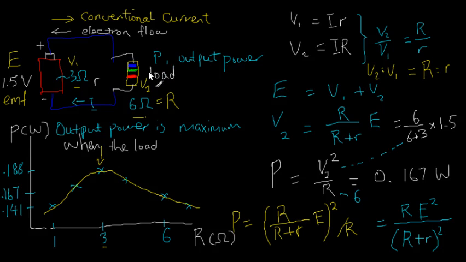You think of it as load in the sense that it's something that you have to do work against. So the electric current is doing work against this external resistance. When the load is equal to the internal resistance,